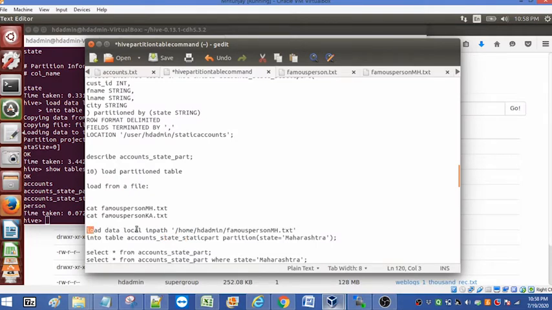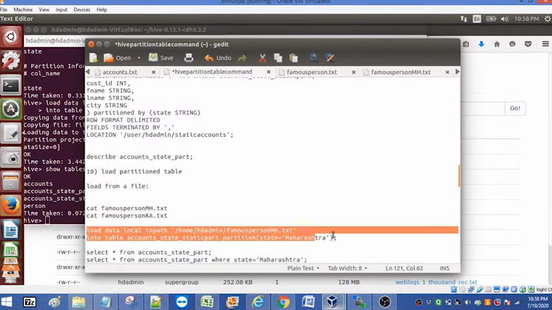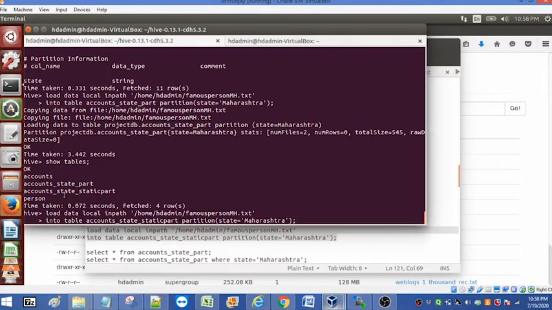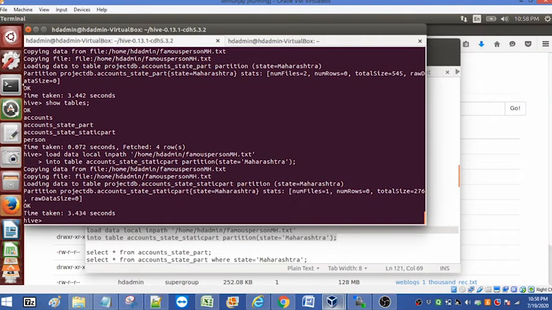So I am going to load from file into the partition table, an example of static partition. Loaded. Now show partitions and the table name.